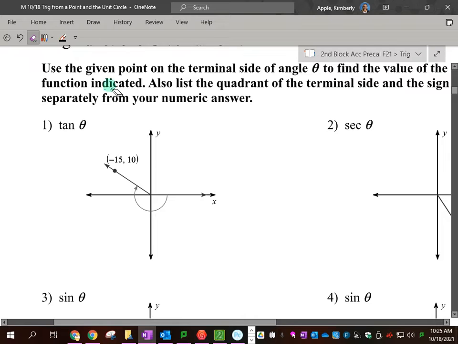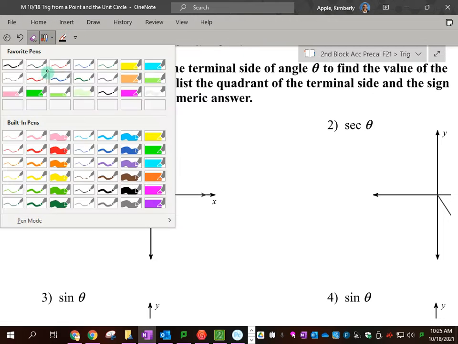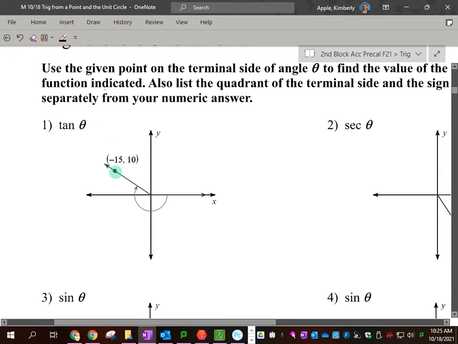So I'm going to give you a point that is located on the terminal side of an angle. So for example, this is some negative angle theta. Okay? Some negative angle. It doesn't matter what it is. We don't need to know that. But this point is located on it. And the location of this point is negative 15,